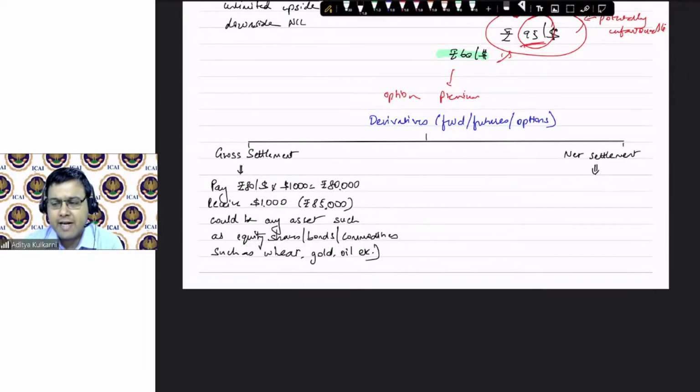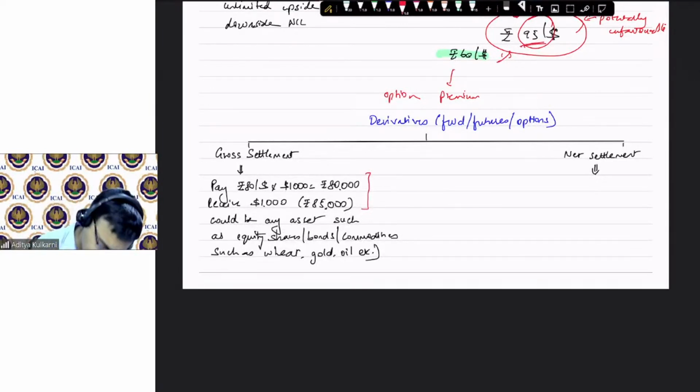So in the case of net settlement, what is going to be done? I need you to help me out. In the case of net settlement, that is right. Kaushiki gave the right answer. In the case of net settlement, the bank will tell you, or you can tell the bank, what is this? I pay you 80, you pay me something worth 85. I don't want all this. Instead, what you do is you pay me net 5,000. The contract is settled and I will go and buy the dollars in the market at 85. Is it okay? Yes, it's the same thing.